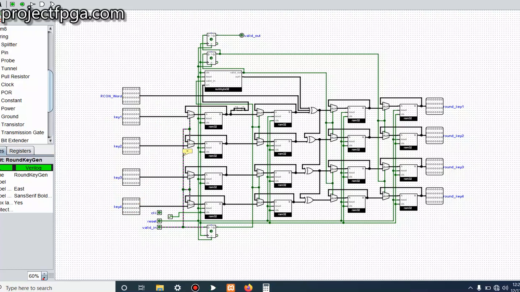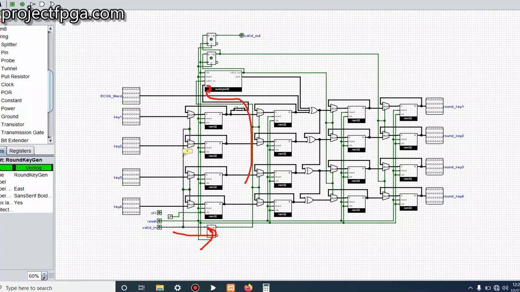For data to move from one RAM to the next RAM to the next RAM to the next RAM, each of these multiplexers needs to be turned on. To turn them on, this valid in signal is what turns on the multiplexer. So it's likewise moving from one RAM to one. Here it enters this RAM. So let's start from initially. First it enters this RAM for the first clock cycle, then it goes up, enters this RAM for another clock cycle, then